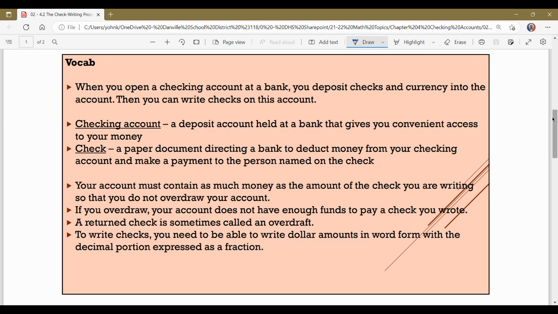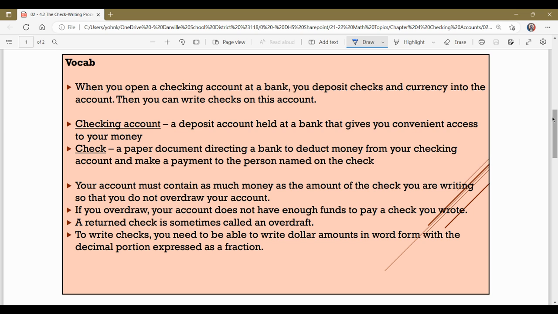A check is a paper document directing a bank to deduct money from your checking account and make a payment to the person named on the check. So it's kind of like an authorization that you can take money from my account and put it in yours. Your account must contain as much money as the amount of the check you are writing